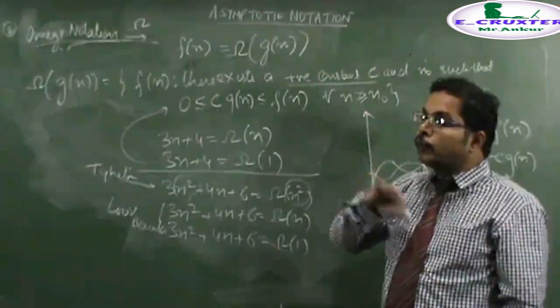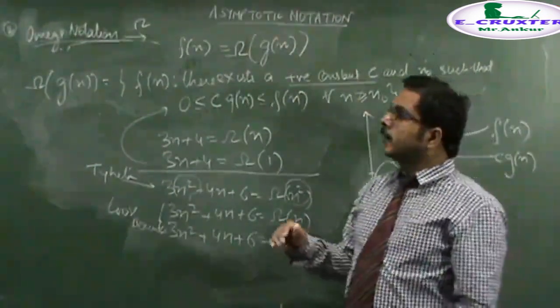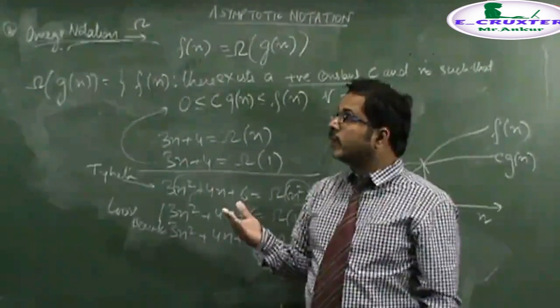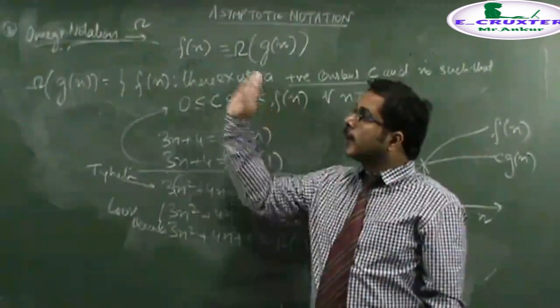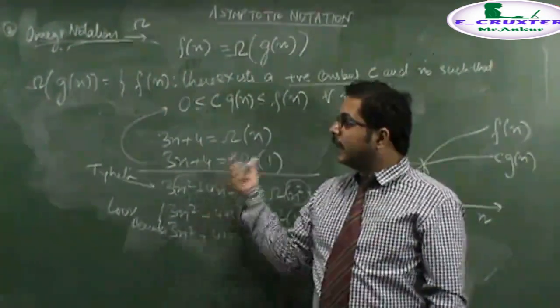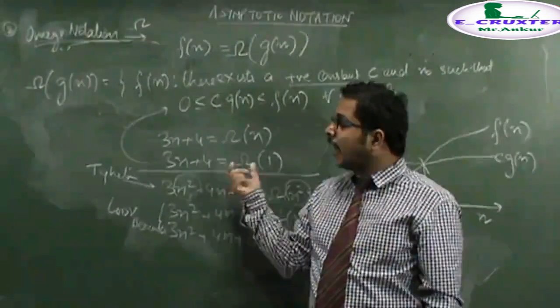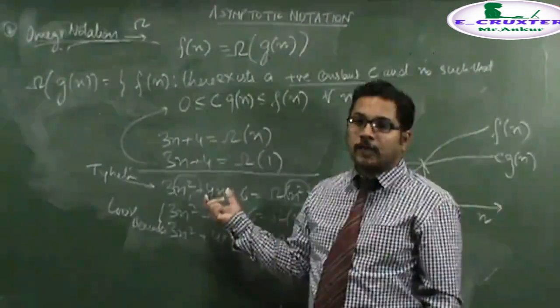But to make a difference between these, we have basically two more notations we will be studying. And here in this subject, when we are talking about big omega notation and big O notation, we are basically talking about only tighter bounds. It is tighter upper bounds and tighter lower bounds we are talking about.